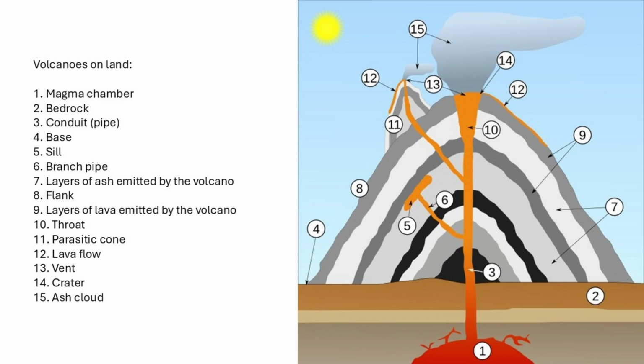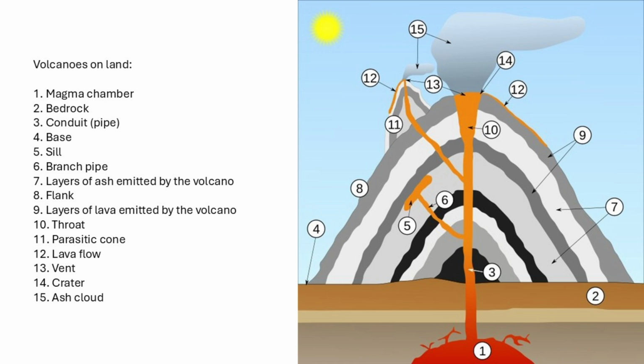This is a cutaway diagram of a volcano. And you can see there are several different structures to it. This is an average type of volcano. They may be structurally a little bit different based on the type of materials that are coming out on the surface of the earth. So in this one, we see the magma chamber at the very bottom of the diagram,